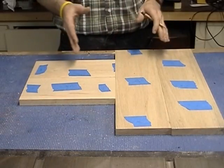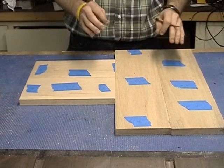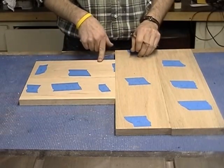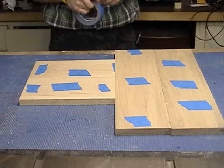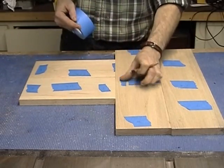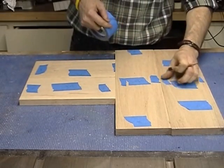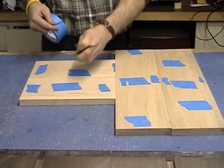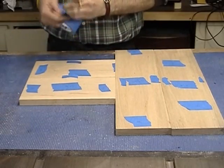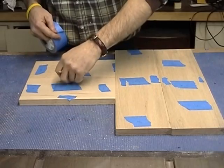Alright guys, now that everything is cut down to its exact size, we need to take a few little steps to identify the front and the back of the two sides and the front and the back of the top and bottom. So once again, just going to take a little piece of tape, and lay everything out. And on these pieces of tape, you can go ahead and mark